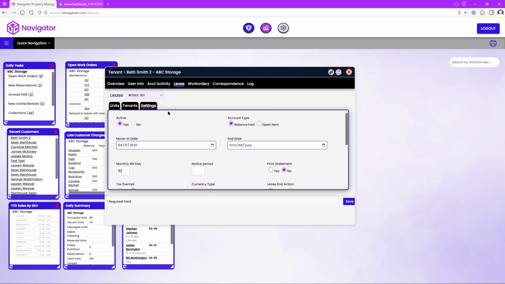The lease settings is where we get to very specific things for this lease. This person's monthly bill day being the 32nd, really that's a trick to do last day of the month. If it was first of the month, their rent would be charged every month on the first of the month. And if you want to change the day that the rent charges, you can change that here. So if I change this to the 15th, the system would do a prorated charge from the next time they're due until the 14th, so that on the next 15th of the month, it can pick up on full month